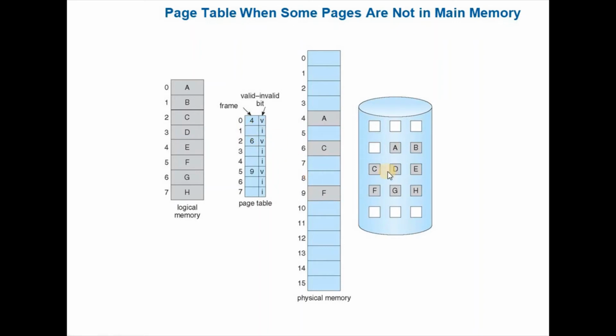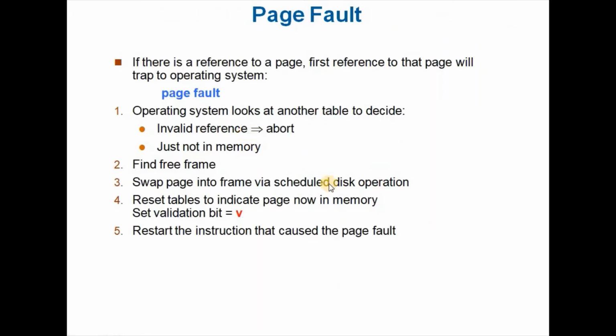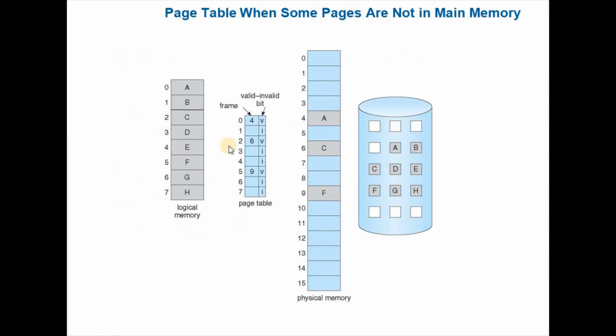For example, suppose B is copied from the secondary memory to address space 7. Then that value 7 will be copied or updated in this page table. That is, the 7 will be here, and this invalid bit will be changed to a valid bit. So the system can re-execute that instruction and access this B from location 7, which is currently loaded.